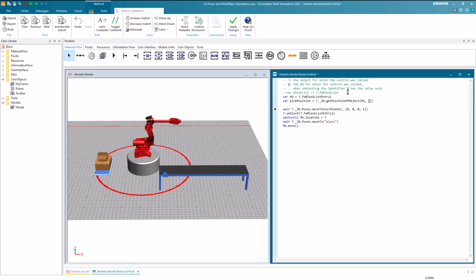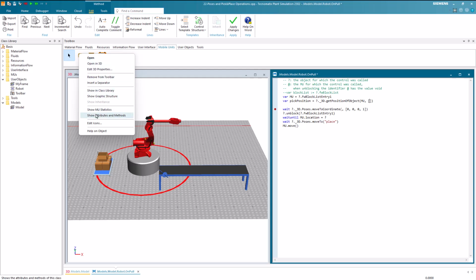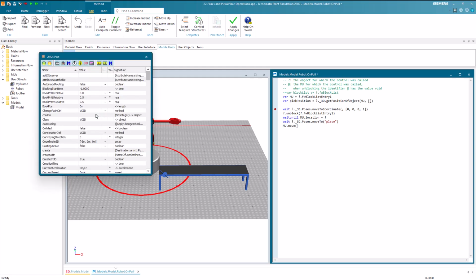Optionally, we can add an offset as a second parameter. Since we want the robot to pick the part from its top, we should include its height as an offset. To achieve this, we need to access the height of the part. So we can right-click on the part in the toolbox and choose Show Attributes and Methods. Next, we can input the letters M and U. Subsequently, we will observe that the part possesses an attribute named MUHeight.